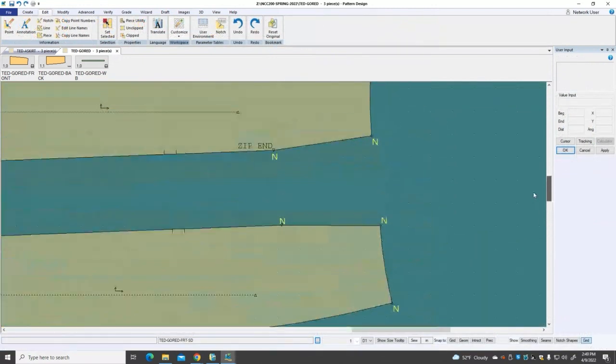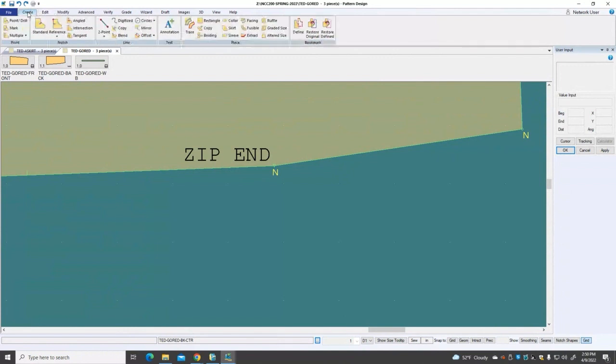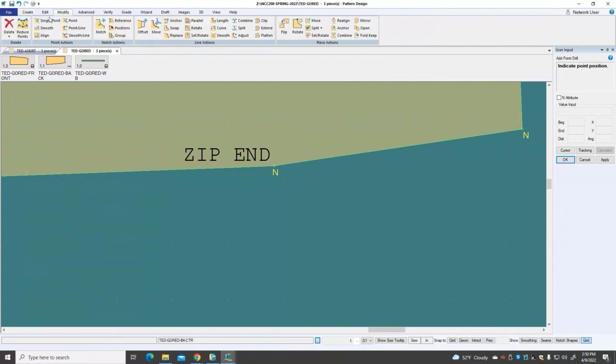And let's go to the back, okay? So again, this one is a little pointy, right? So you want to smooth this. So I will add points here, here, here, maybe here, maybe here too, okay? Then modify single point, and I'm going to move just a little bit in,